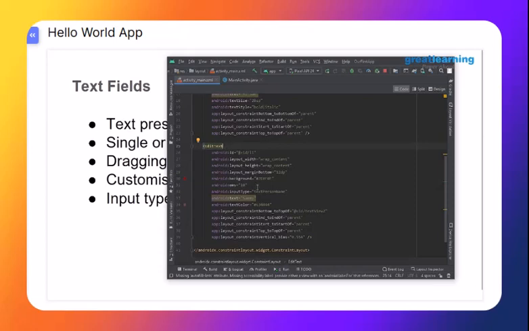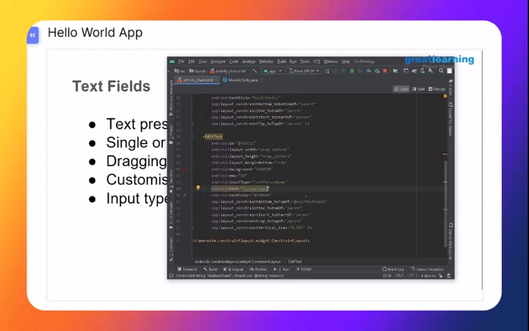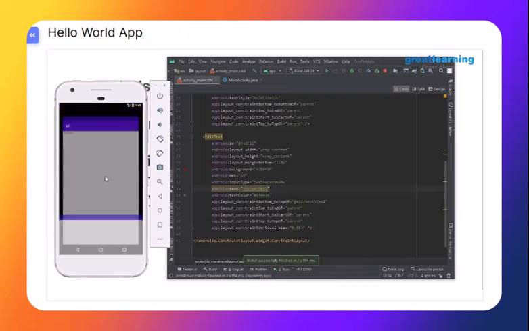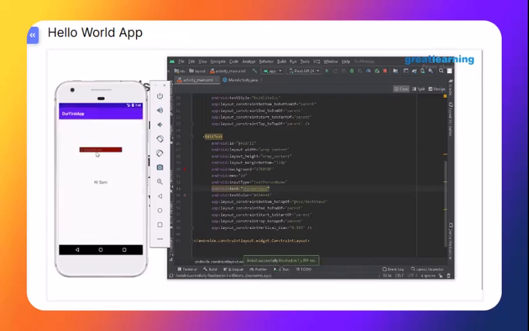If I make any changes in the text here, I told you already, I said ha ha ha, let's put it this way. These changes will be applicable on the emulator as well. So if I run this thing, you see the changes will be applied on this emulator as well. Just a minute, you'll see the changes here. You see ha ha ha, if you can see it. If I zoom this thing,